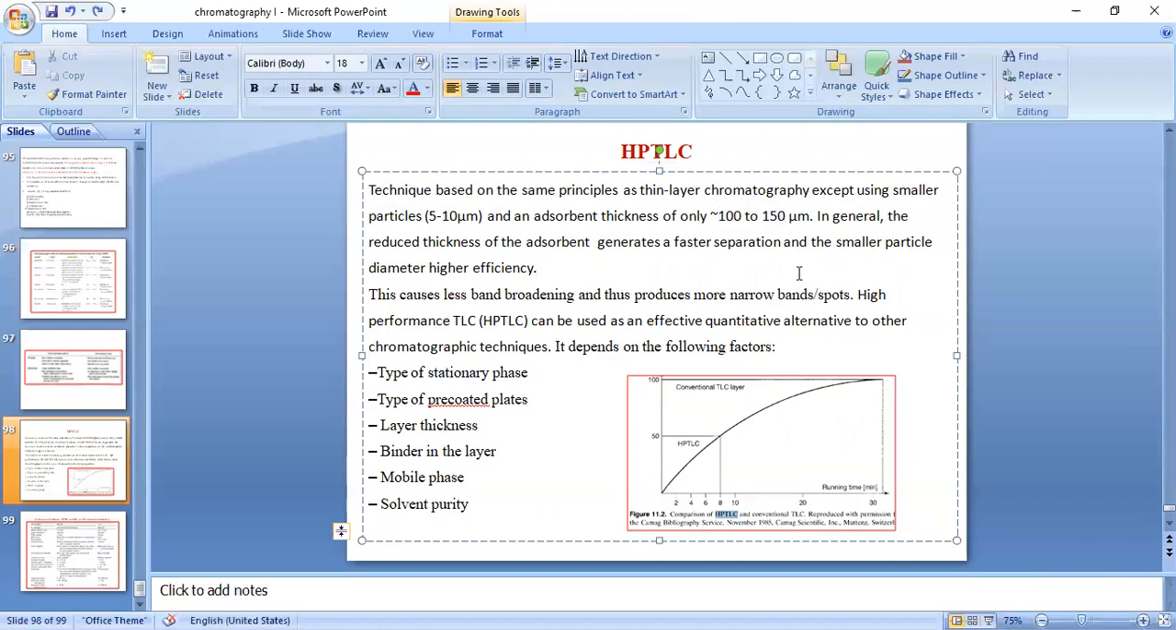Because of this, that is the reduced thickness, जो आप thickness decrease कर रहे हैं HPTLC में and particle size decrease कर रहे हैं, the separation becomes faster and the results become more accurate and there is less possibility of the